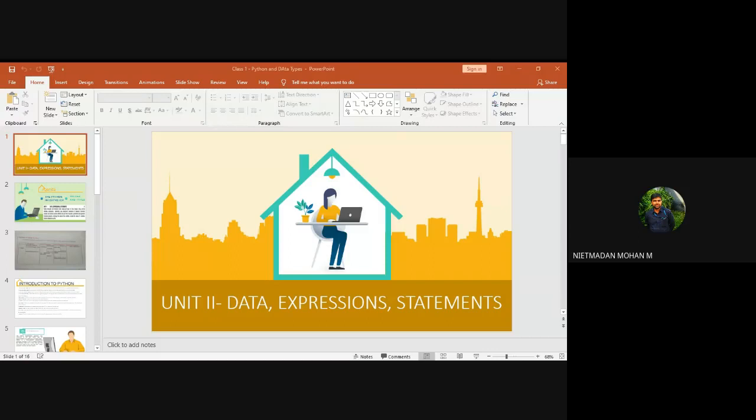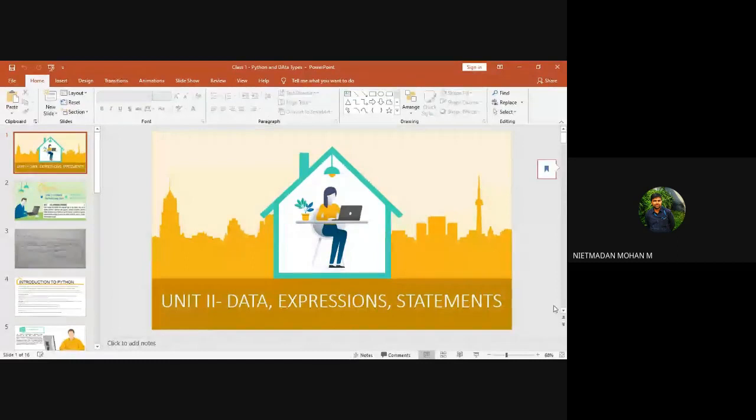Yes, sir. So let me start with the second unit. As of now, we have discussed some basic problems, algorithm, flowchart and pseudocode, and some basic problems in them. Now in the second unit, we are going to the coding part, that is Python. Before going to this, I want some input from you. Basically, from a computer science background, can you tell me why we prefer Python while we have languages like Java, PHP, C and C++?